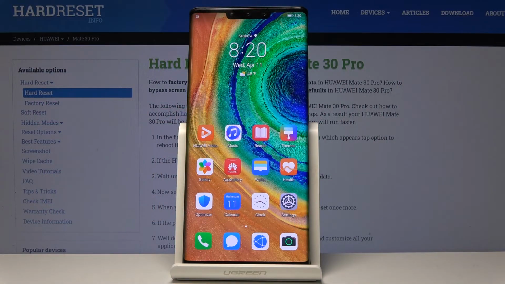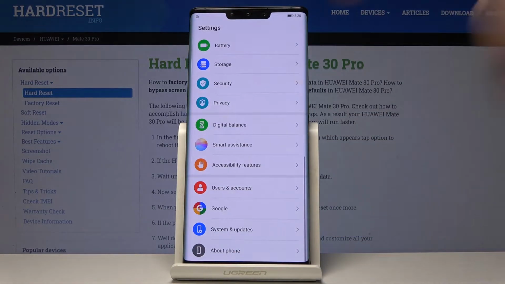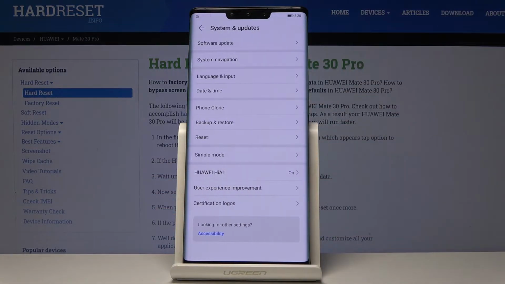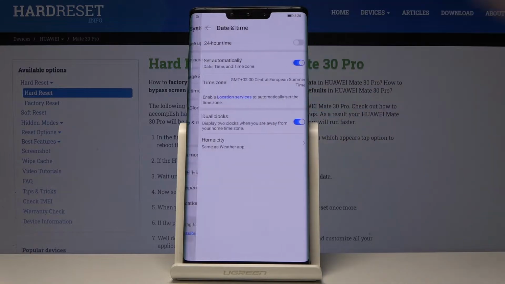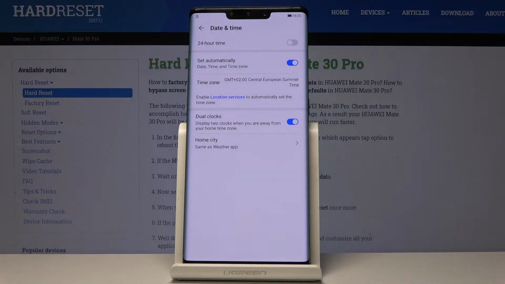Here I've got HUAWEI Mate 30 Pro, and let me show you how to change the date and time on the following device. So at first let's open the settings, then find and select System and Updates. Now go to Date and Time, and here you can either have an automatic date and time or you can